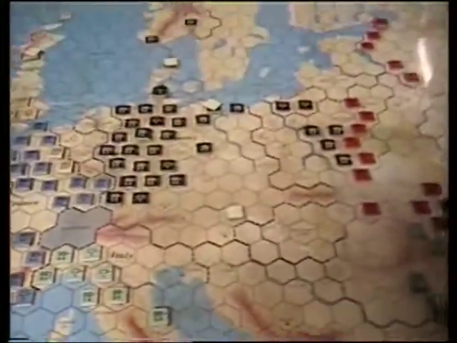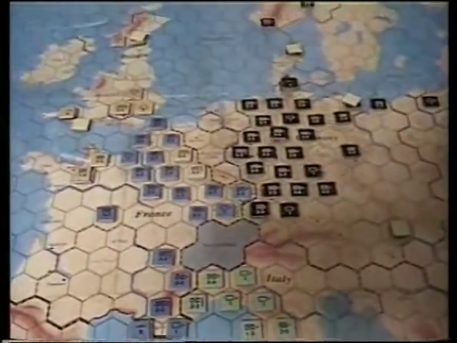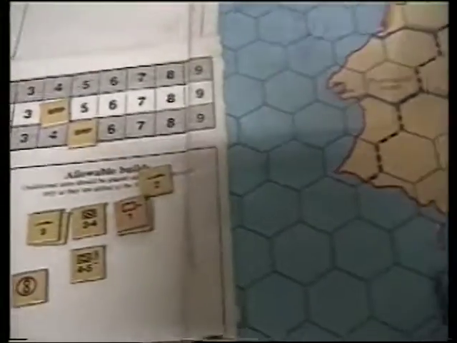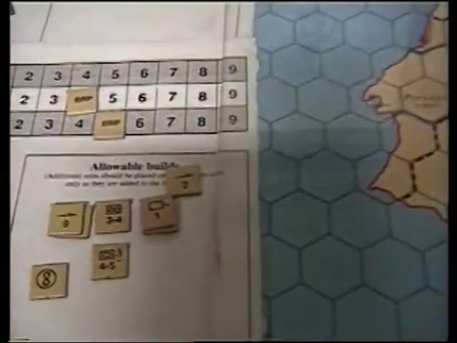So it is the Allies' turn. Basically, the British got hurt with that raider. They don't have a lot of money. They would like to get some more planes and ships on the board. That's their lifeline. They'll do that first, then we'll see if we have room for the tanks. But since the invasion